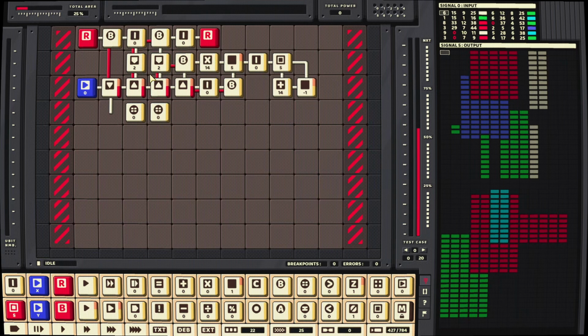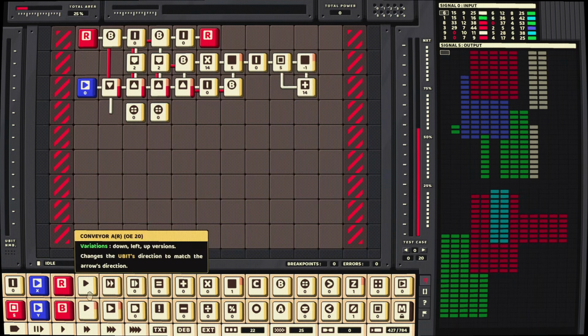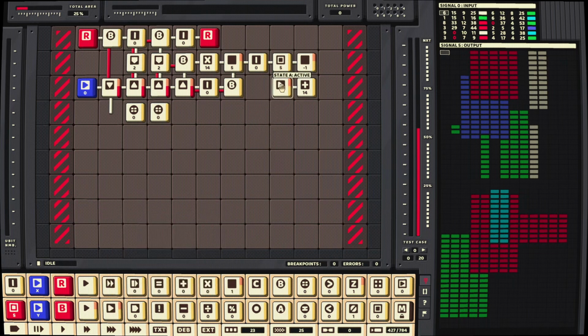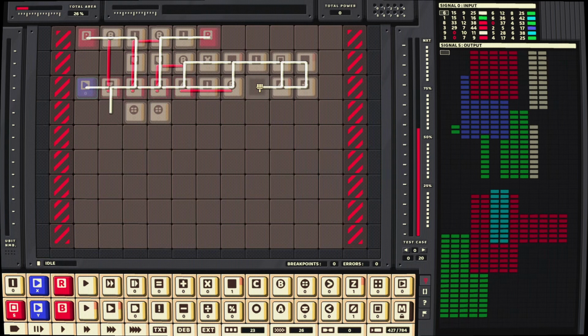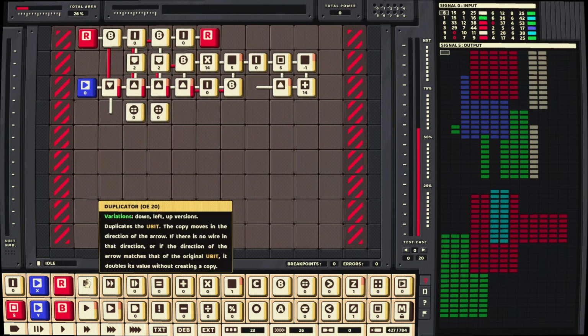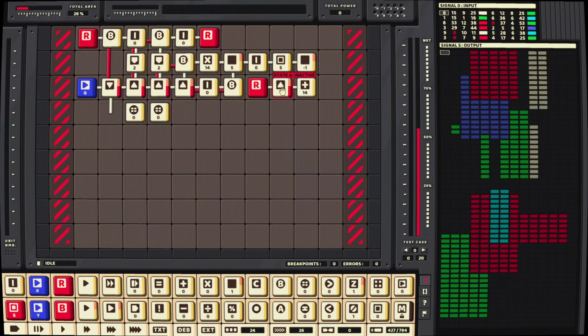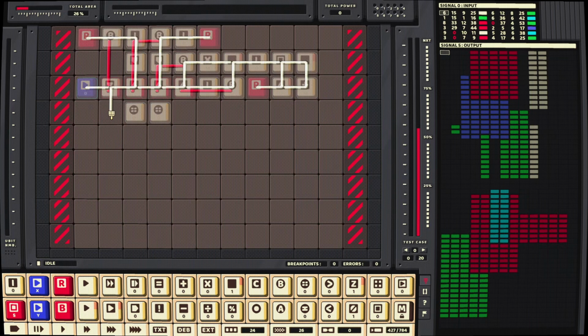And the blue wire will be necessary to reset the whole system once a full rectangle has been drawn, because I'm planning to do that. And speaking of, once that rectangle has been drawn, there must also be an output here. So I believe I probably want a conveyor here. So this conveyor will be sustaining the loop for now, but once it is activated, whatever comes through here will be going straight into the trash because we don't need that value anymore, and then a new value will come in. So yeah, and then now all I have to do is process this guy,